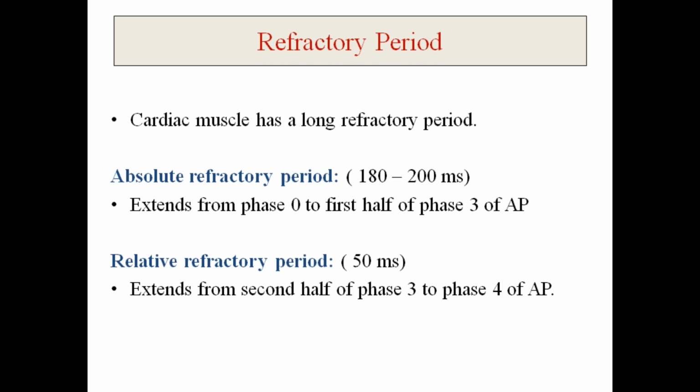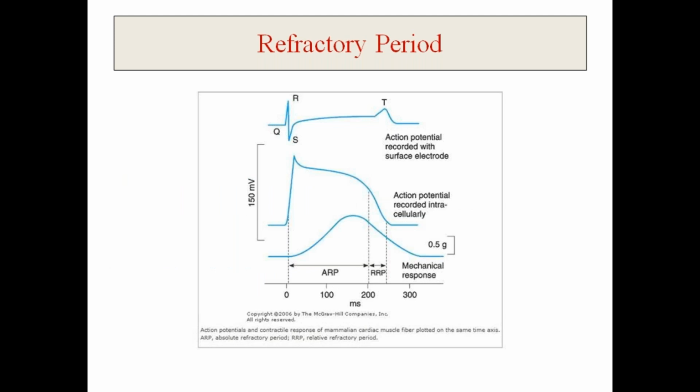Now, why is cardiac muscle not getting tetanized? And the answer is your action potential. You have seen that the action potential of cardiac muscle has a very long duration, about 250 to 300 milliseconds. And this long duration is because of the plateau phase present in this action potential, the second phase of repolarization, which is because of opening of potassium channels and opening of calcium channels. So because of this plateau, the duration of the action potential is prolonged.